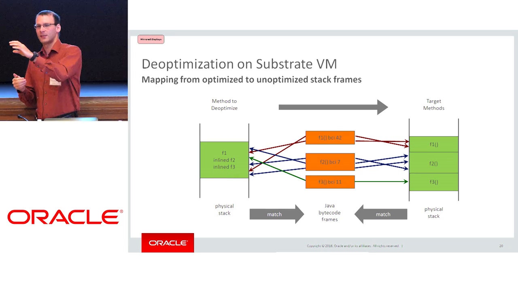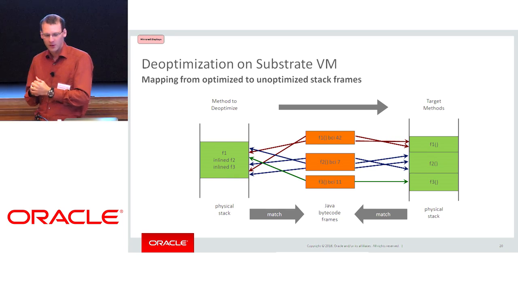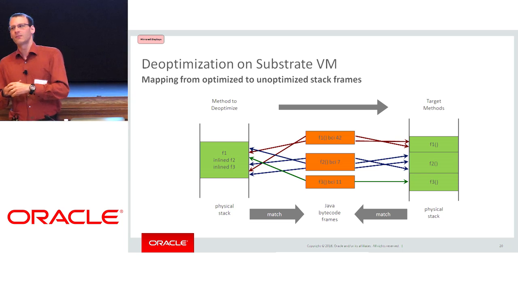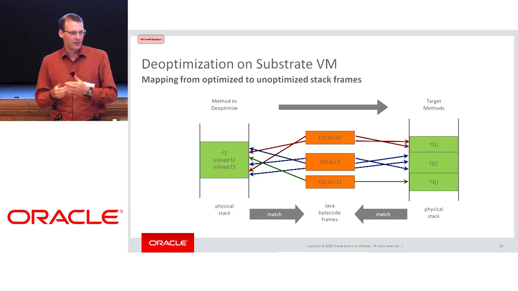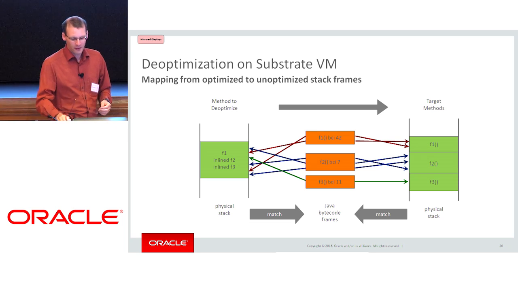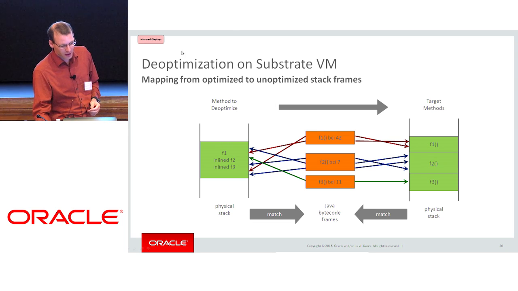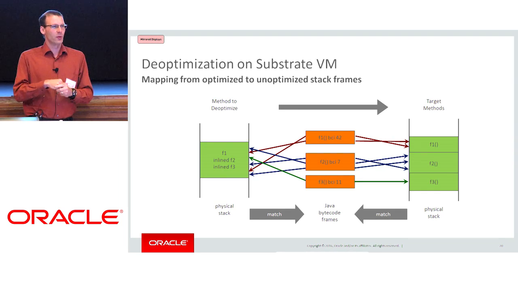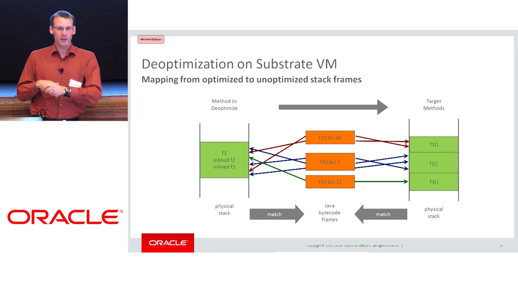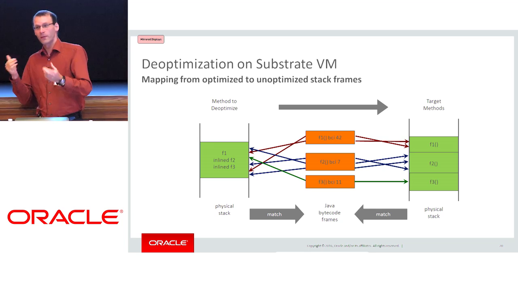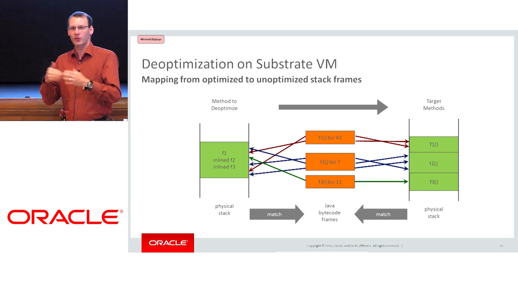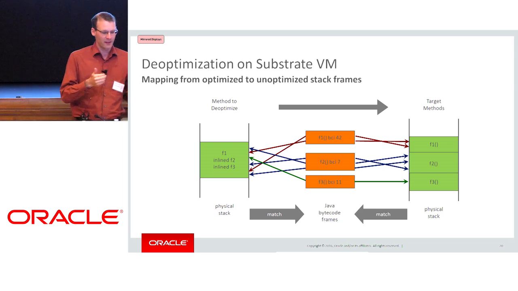And when we do this special compilation for these de-opt entry points, we generate the same metadata that we also generate for the de-optimization source. So what we now have is, instead of matching compiled frames using this metadata directly to interpreter frames, we actually have a two-way matching, because both the source and the target now have a matching based on the Java language specification.